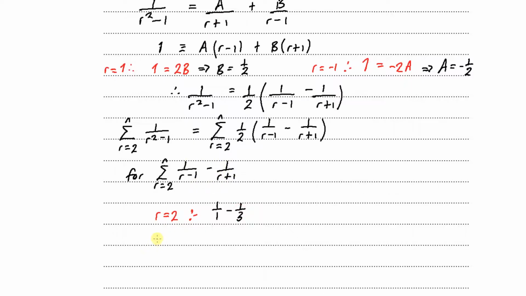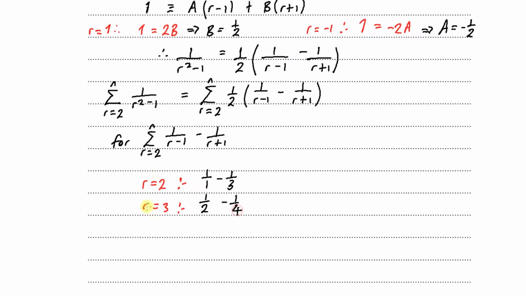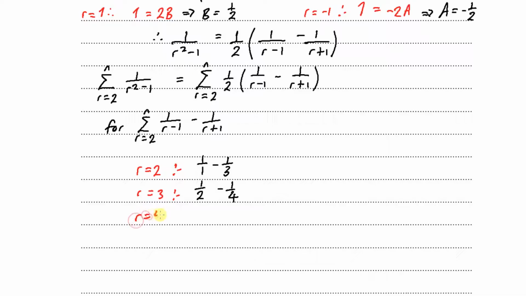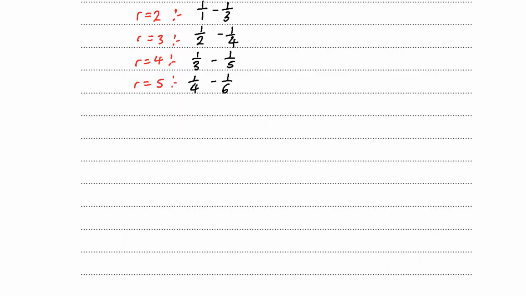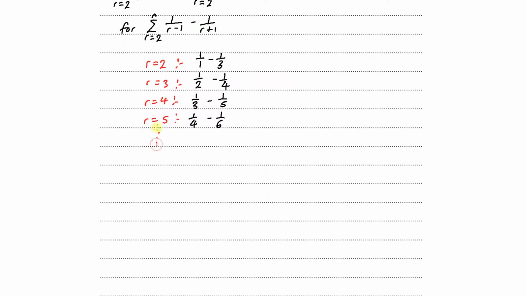And when r is equal to 3, which gives us the next term, that will be 1 over 2 minus 1 over 4. And when r is equal to 4, then we'll be having it coming out as 1 over 3 minus 1 over 5. And when r is equal to 5, I think we'll end it here, we will get 1 over 4 minus 1 over 6. So it will continue going all the way down until we reach the second from last term,